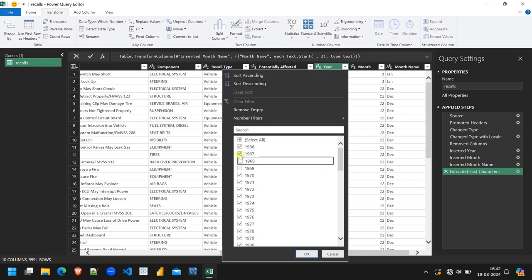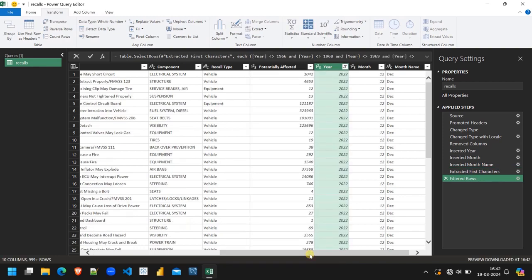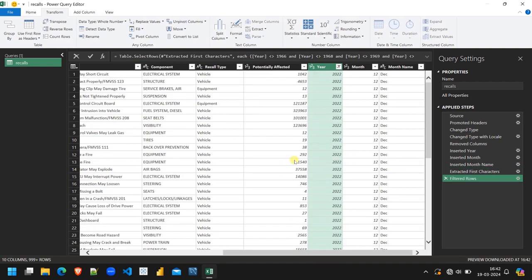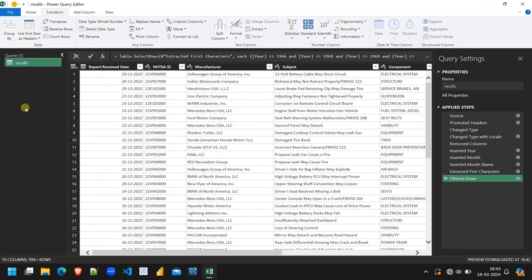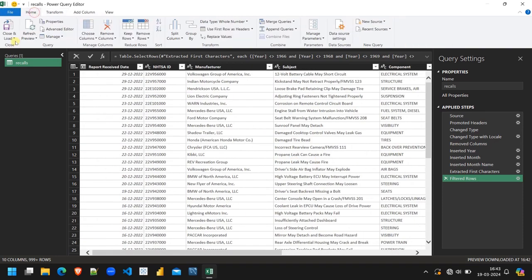So we will unselect all those years, and also we will remove the 23 because the year 23 doesn't have complete data. So we will remove that. Our transformation is complete. Now we will come to home, close and load to